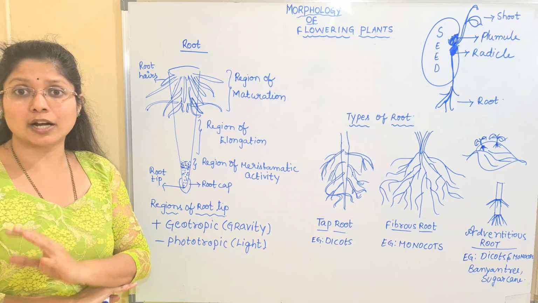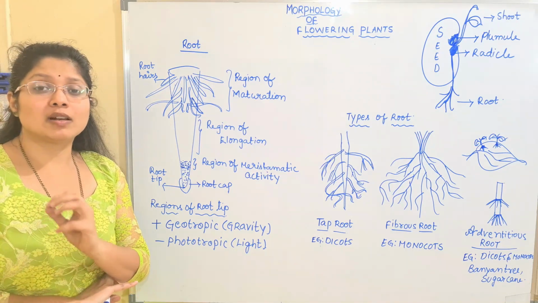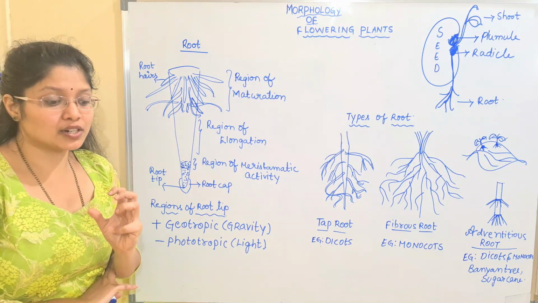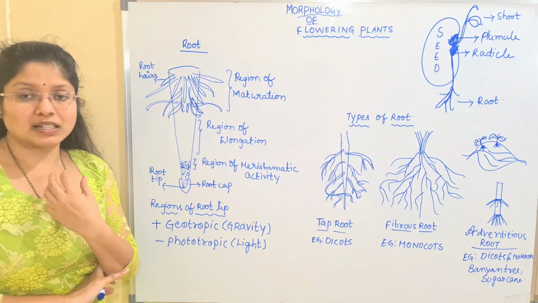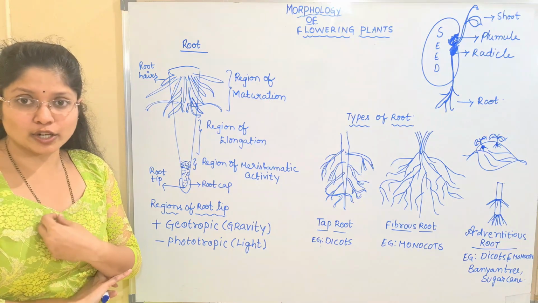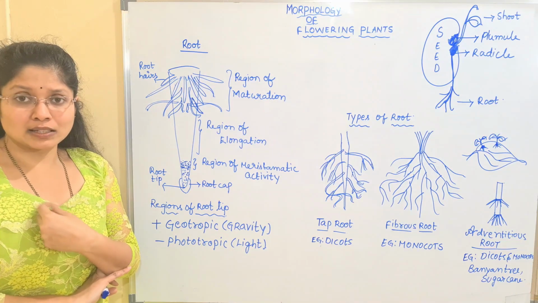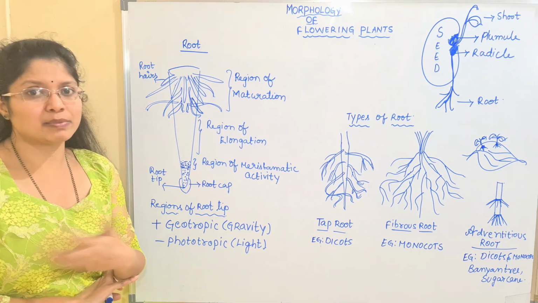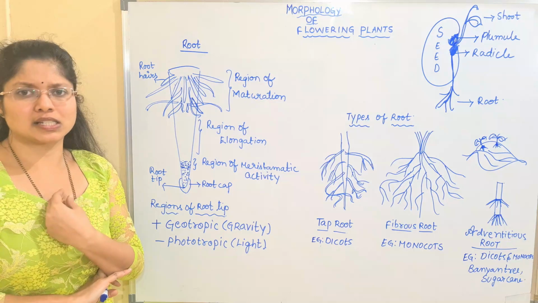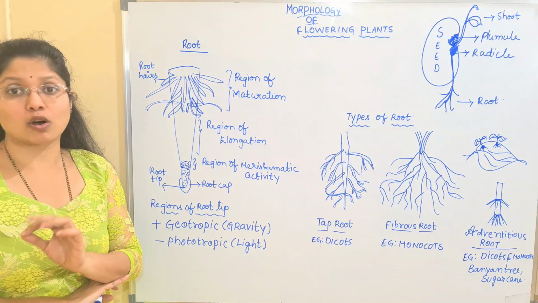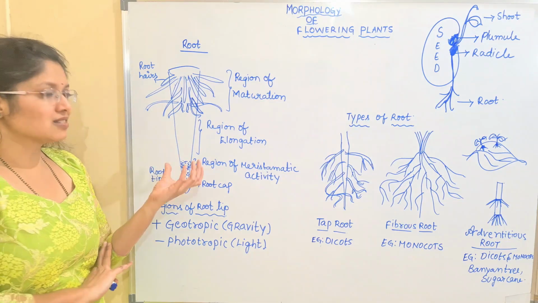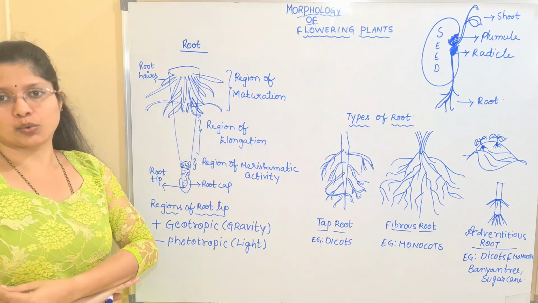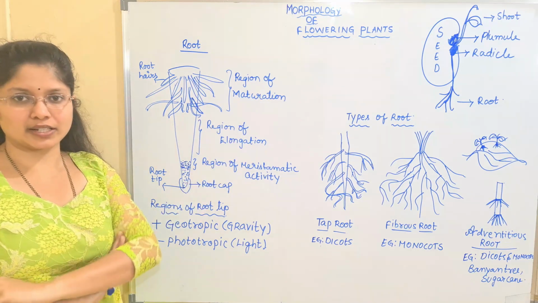Why? Because in certain kinds of root modification, we can be misled. We think that a structure is a root if it is present underground, but there are certain stems which store food material below the soil. Then how do you distinguish between a root and a stem there? If it is underground, we simply say that it is a root. Then how do you distinguish? This is mainly because of the presence of nodes and internodes. As roots lack these structures, the stems are easily distinguished. That we will see in the modifications later.